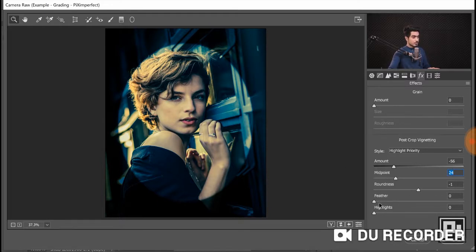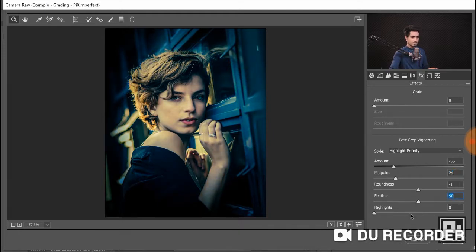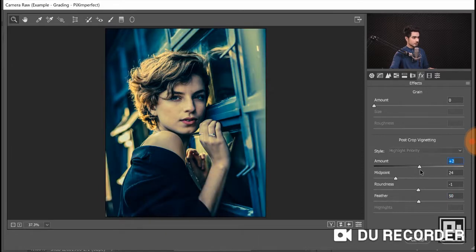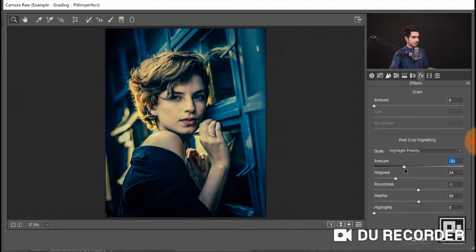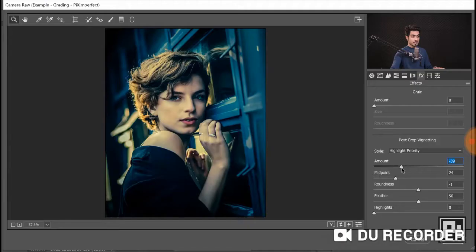So now let's add some feather to it. How much feather you want? About 50 is fine. Now amount, I think it's very dark, so let's go for somewhere about this 38 or 39 looks good to me. Keep in mind, when the amount is in minus, it goes dark. When the amount is in plus, it goes bright. So we're gonna go to minus 40, that's okay. And once you're satisfied with all of this,